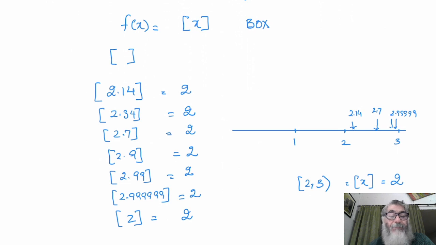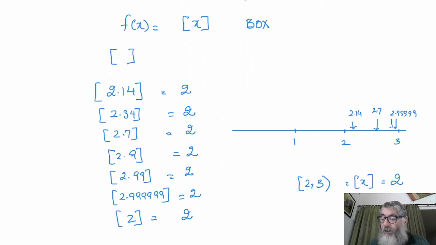Just pay attention. 2 is included but 3 is not included. All the real numbers between 2 and 3 are included. We are discussing real valued functions. So between 2 and 3, leaving 3, the greatest integer function will